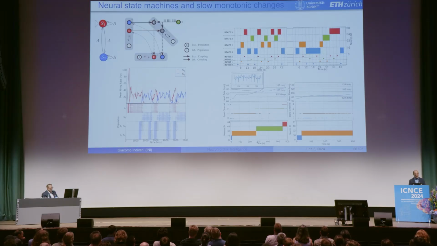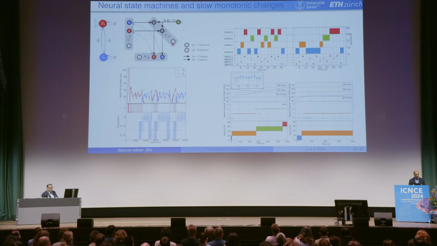And this is showing you what the data looks like. If we send in spikes in the input population, in the case in which we only have the winner-take-all activated, every time you send a small kick to the winner-take-all, it will flip and stay there. It will just select: if you send input 0, it will go to state 0. If you send input 1, it will go to state 1, and so on. So this is the activity for this sequence of inputs over 42 seconds if you only have a winner-take-all network.